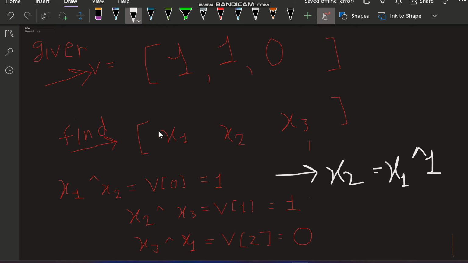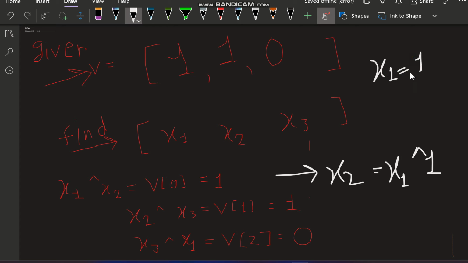It means if I know the value of the first element of this array, then we can easily find the values of all the elements of the array. So now our task is to find the value of the first element. One more thing is given in the question, that the array is a binary array, which means x1 is either 1 or 0.